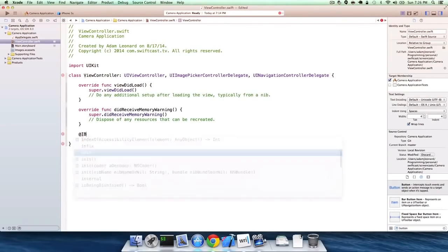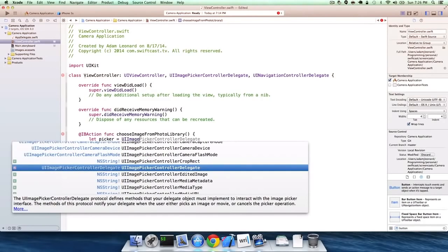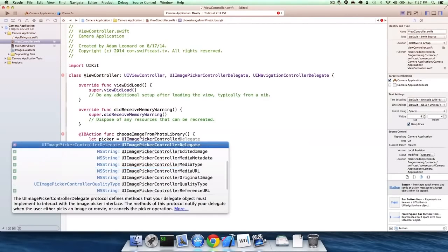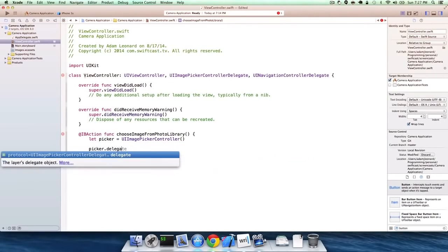We need to connect our button to a bit of functionality. At the current moment, clicking our button does absolutely nothing. When a user clicks the button, we would like to see our existing photos that a user can select. To accomplish this, we will create an IB action in our UI View Controller class that will create an instance